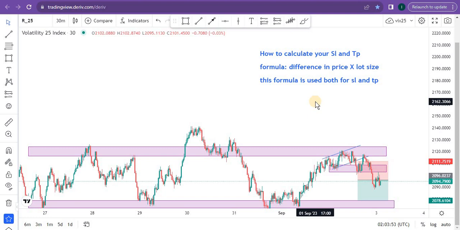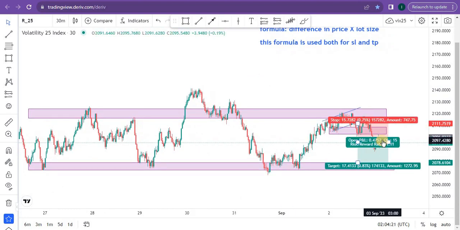You understand? Here we are not talking about pips, whereby we say we want to lose 100 pips. No, we are going straight to the exact dollar you are going to be losing or gaining, depending on where your market lands. You understand? That's what we are calculating here. So without wasting much of our time,